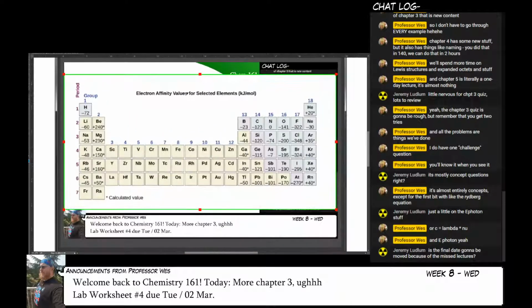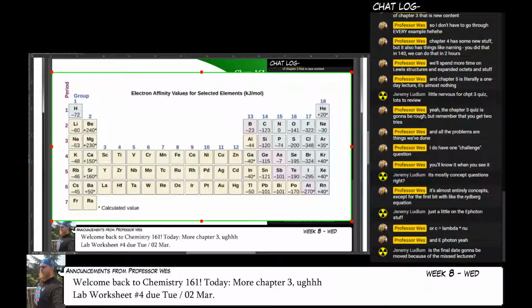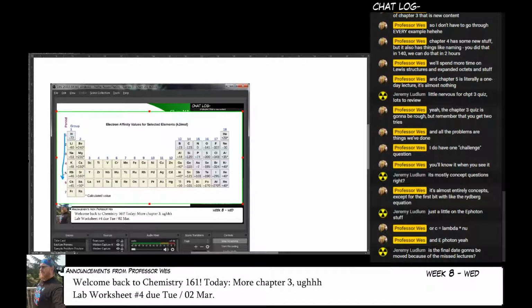We don't need to see the bottom part, though. We just care about this part. Okay, so let me make a new layer so I can draw all over this. All right. And so what we notice is that for each of my elements, as I go down a period, electron affinity tends to get a little bit lower and lower and lower. And the reason for that is because if I'm adding to n equals 2, n equals 3, and so on and so forth,